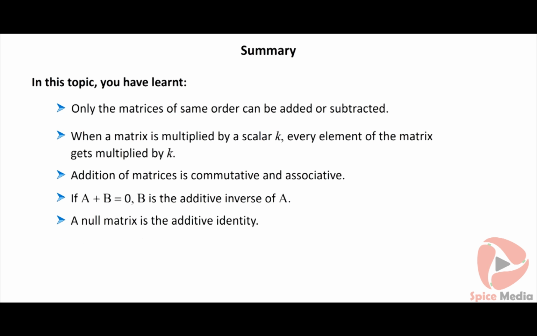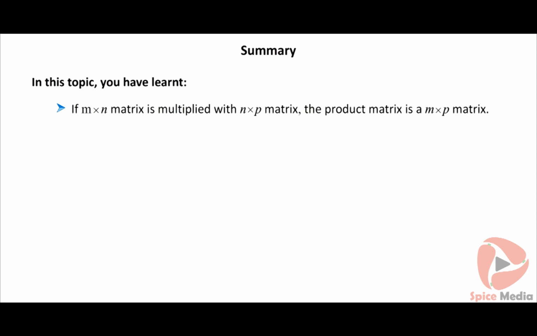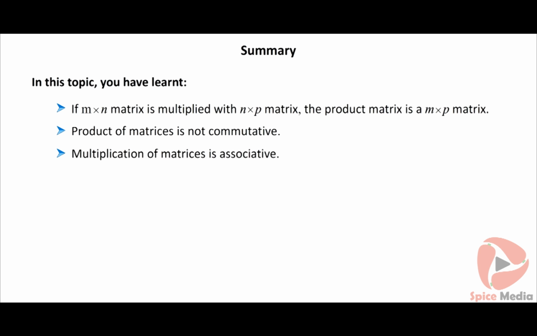If A + B = 0, B is the additive inverse of A. A null matrix is the additive identity. -A is the additive inverse of A. If an M by N matrix is multiplied with an N by P matrix, the product matrix is an M by P matrix. Product of matrices is